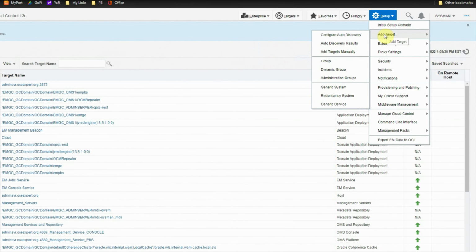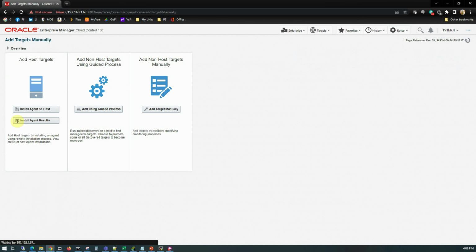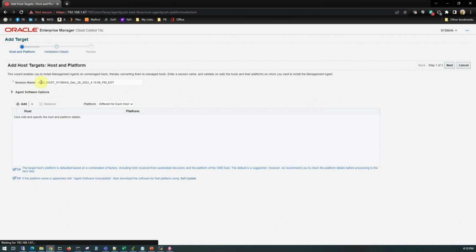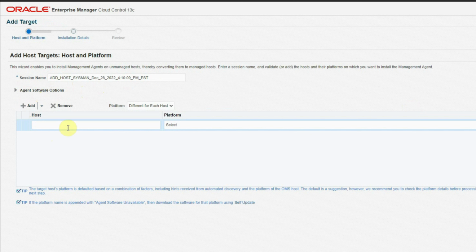To do that, we'll go to setup, under that add target, and under that add targets manually. And in this screen, we will click on the install agent on host button, and the installation process will automatically take one job name or a session name. Let it take that way. And under the agent software options, we will click on this add button, which will create a line here, and we have to specify the target server where we are going to install the agent. In our case, it's